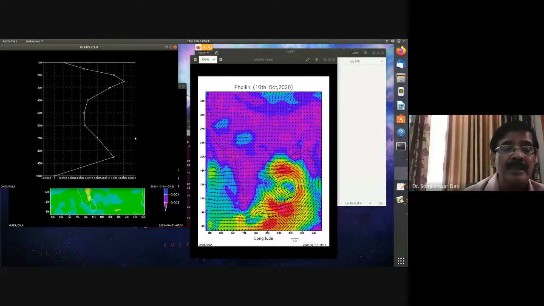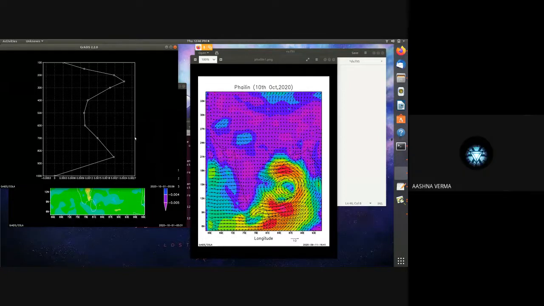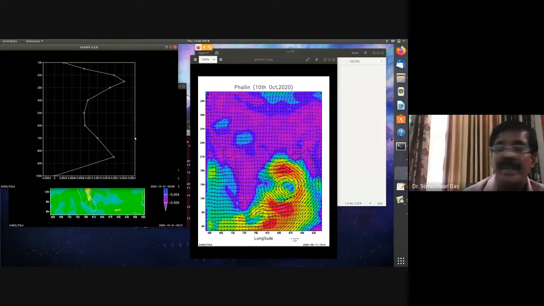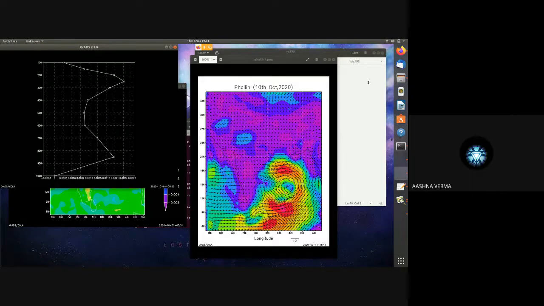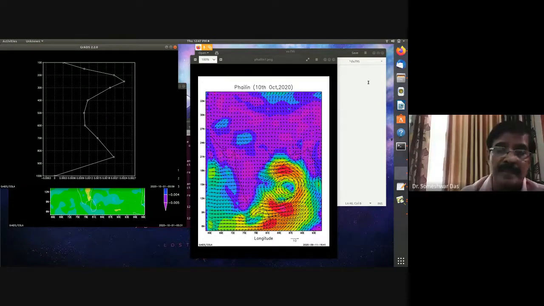Because at the center of the cyclone the vertical velocity was positive. But the magnitude is because you changed the unit, instead of hectopascal you made it pascal. To change the unit you multiply by a factor, and you get a nice magnitude. And you know the factor by which you multiplied, so you can always write in the text when you are describing the diagram in your report, with a nice labeling of the figure.